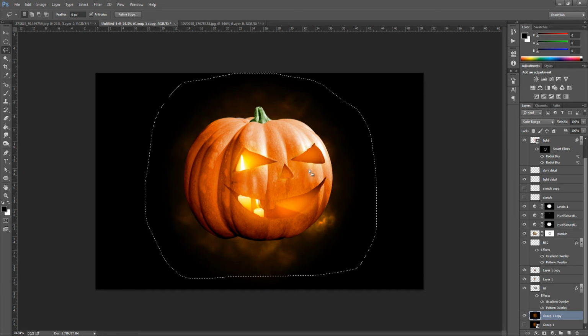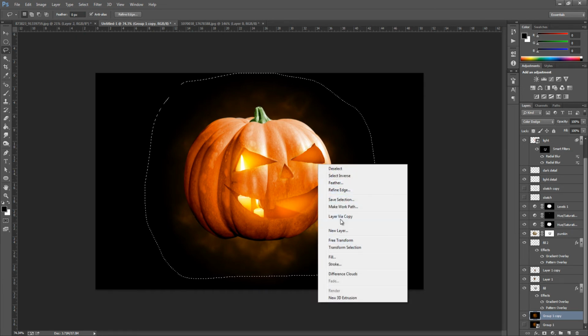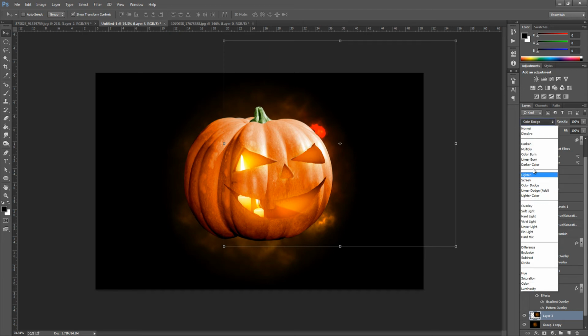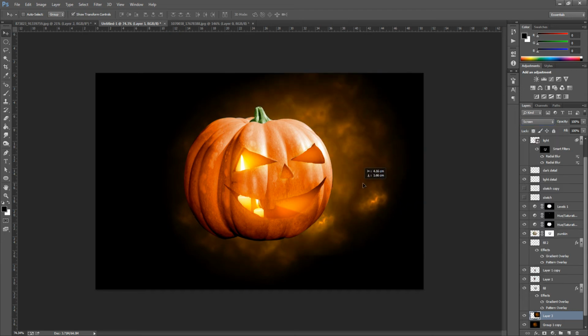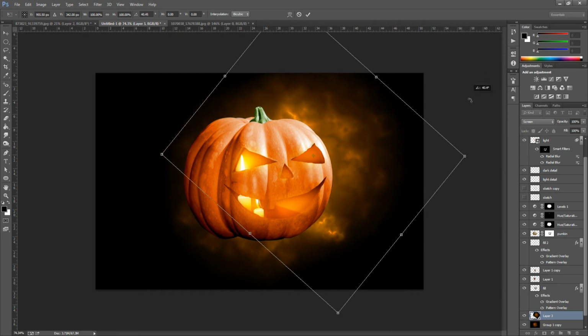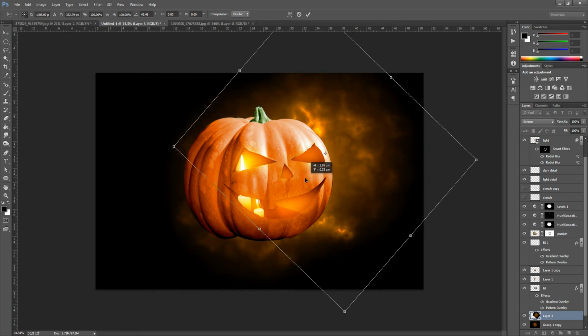And then we're just going to right click, and go layer via copy, and go to our move tool and just drag it out. We're going to change the blend mode to screen, to something like that, and we can just change the size and just move it around really. So let's just move it around,